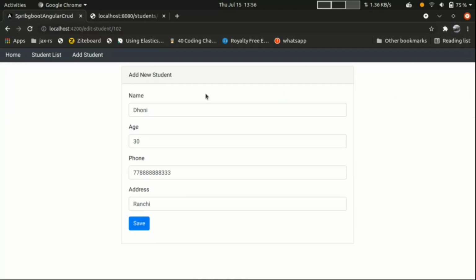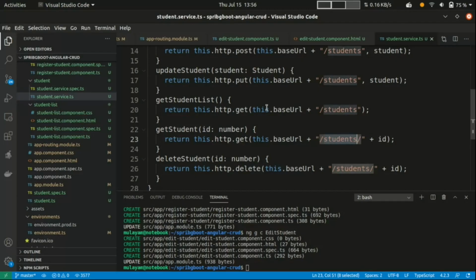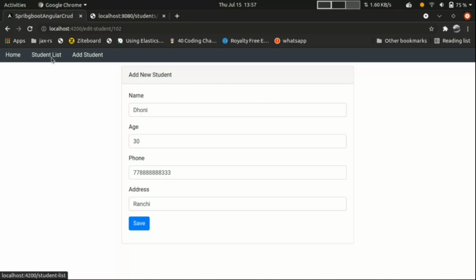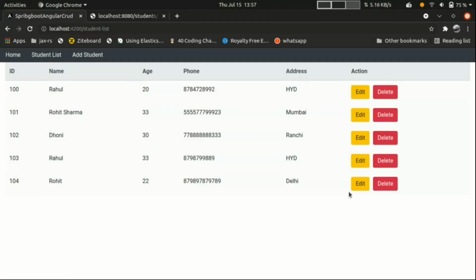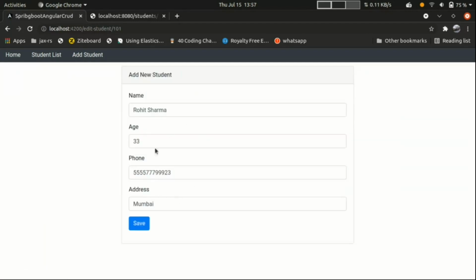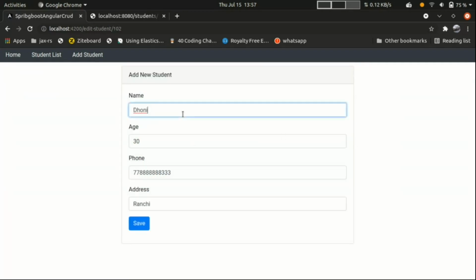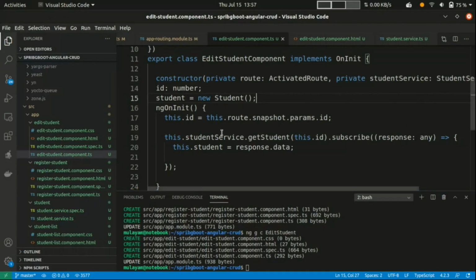Yes, I'm seeing it. So how I'm saying, we have a student object, right? And it is two-way binding in this one. Now I'm getting the student response and just assigning it to this student. So what will happen, it is two-way binding. That's why I'm seeing it here. Just go to student list, click here. Yeah, we are seeing it for that one. Go here and click here. Okay, so we are seeing this one. Go to student and here.